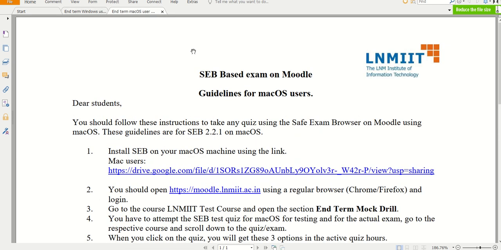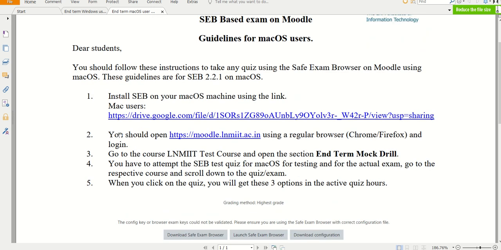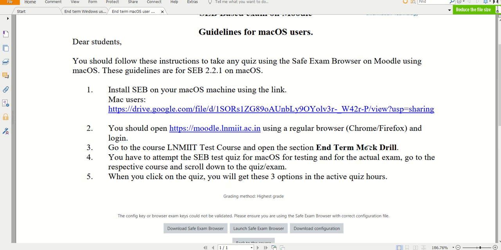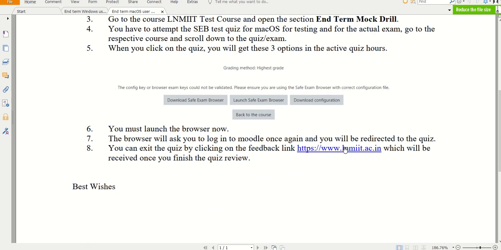Mac OS users, open a regular browser, Chrome or anything. Open Moodle, go to the course and take the Mac OS quiz. It will ask you to launch the browser. Launch the browser, take the test, get the feedback link, get out of the browser. These are the normal conditions. If this works, fine. If it does not work, note down the errors, that these are the errors I got, and we will discuss on Friday. Okay. So thank you everyone.